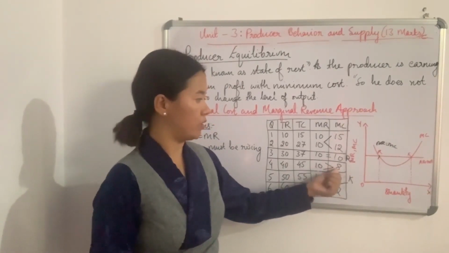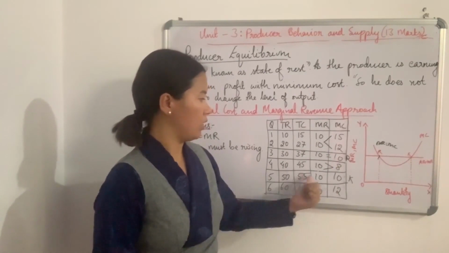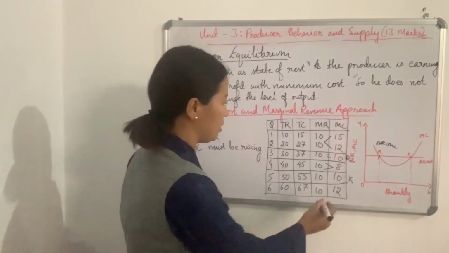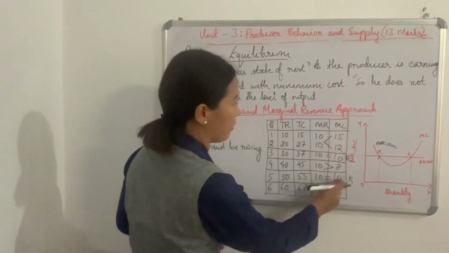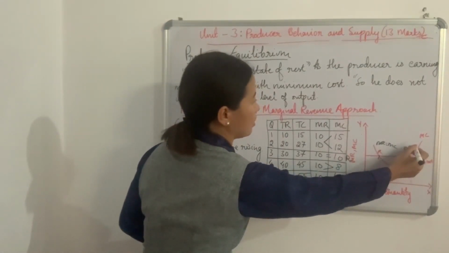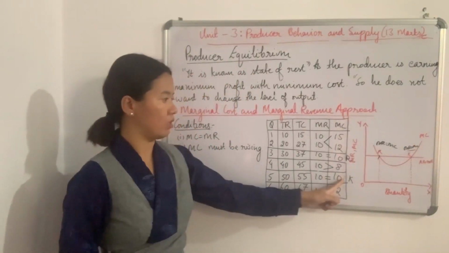But when he produces one more unit, his marginal revenue and marginal cost are similar, that is at point K. At point K,